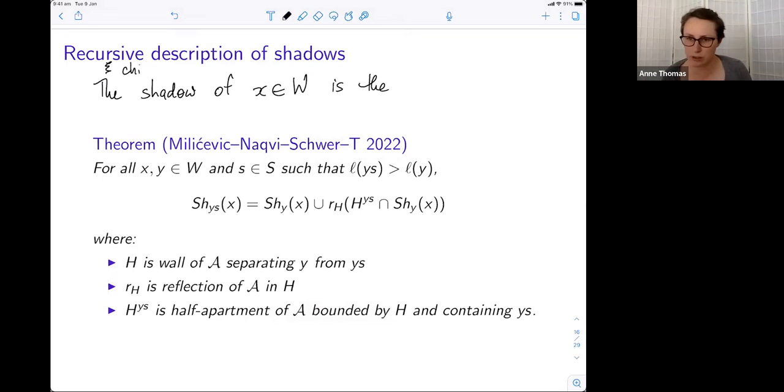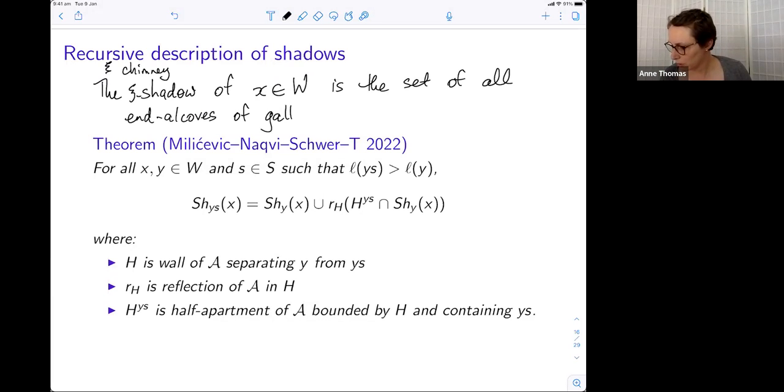I'm using this letter because we're thinking of the chimney as something on the boundary. Then the psi shadow of X is the set of all end alcoves of galleries of